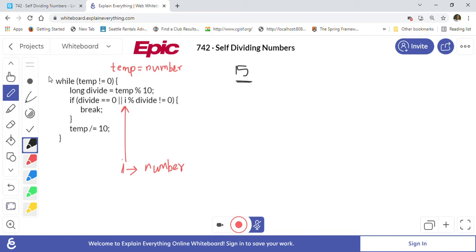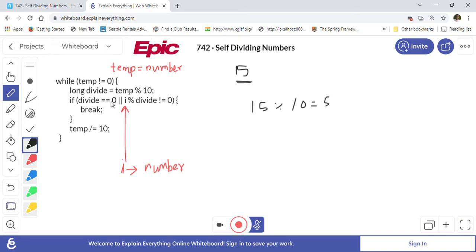While temp is not equal to 0, what we will do to solve this problem is first get the digit, so temp mod 10. 15 mod 10 is equal to 5, so the digit is 5.